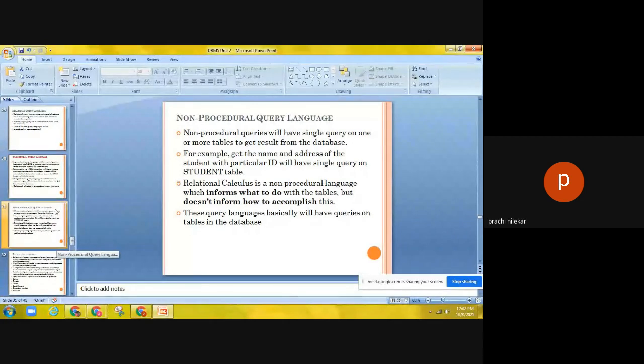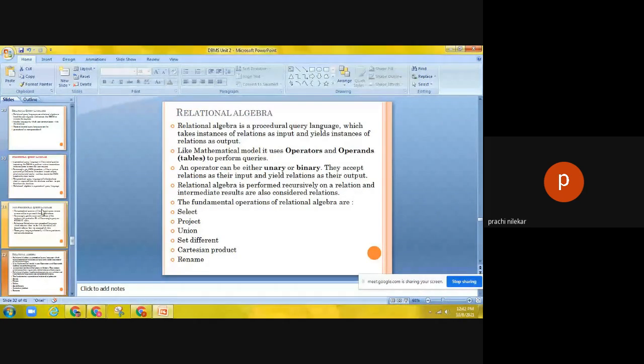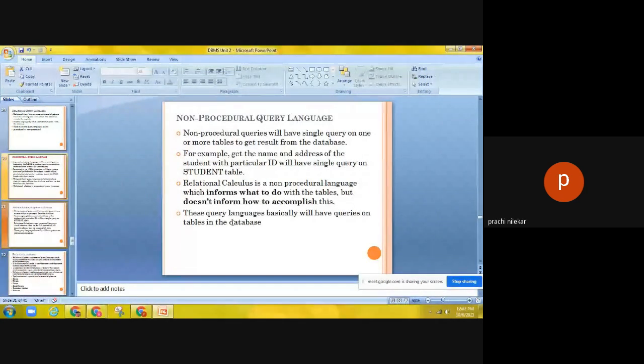Yes, are you getting, students? And see over here, relational algebra is the example of the procedural query language, and relational calculus